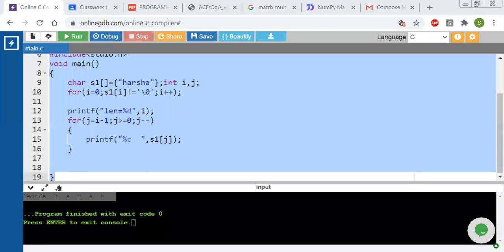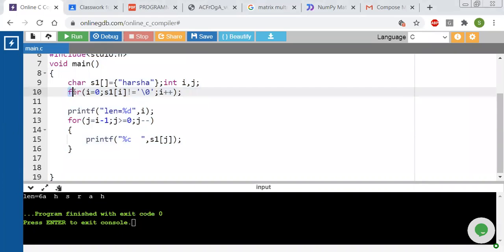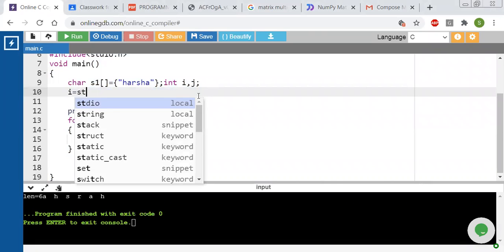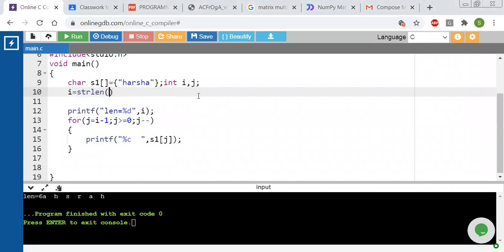Suppose you want to make this program very simple, then what we can do is, instead of writing this for loop, I will write a statement i is equal to strlen of s1.